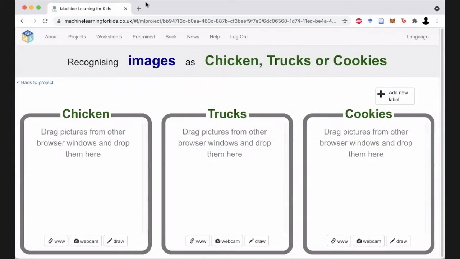Make sense? Okay, now to make this work, I'm going to go and open a Google Images. I'm just going to put it off on the side there. And we have to have about 15 of each kind of picture to train it what a chicken looks like. Now, it's very important. This is critical that when we grab a picture of something,